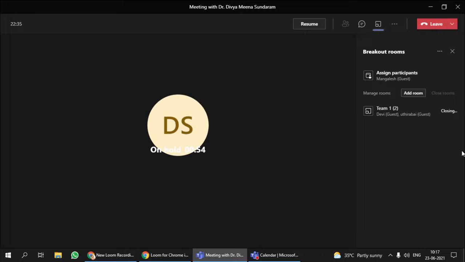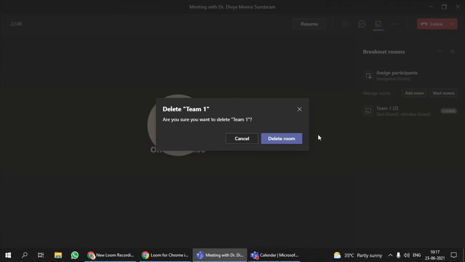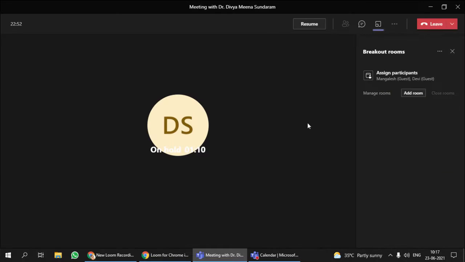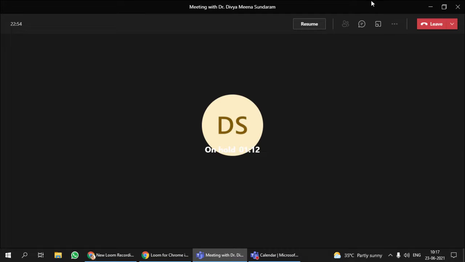It's taking so much time. Finally it's closed now, and you can just click on that and click delete room. Now both the teams are deleted.